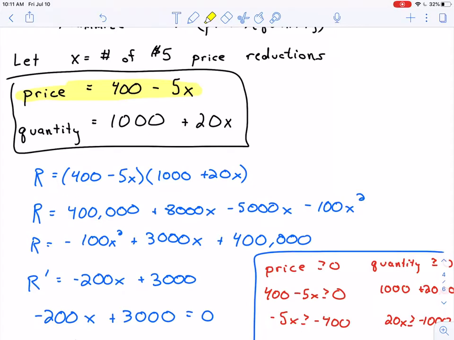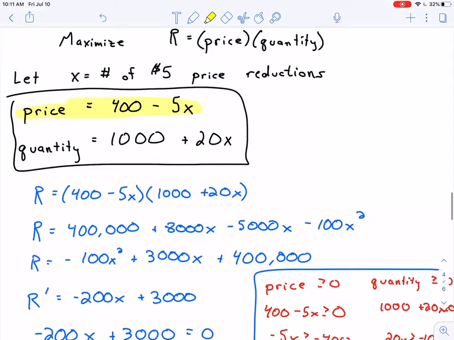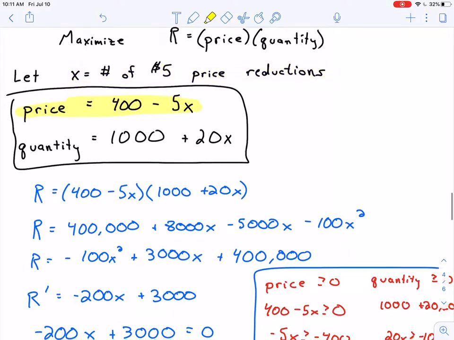It may be more beneficial, if I'm choosing to maximize revenue, to raise my price rather than lower it. So just to clear that up, we can occasionally have a domain with negative values in it. It all depends on what X represents, and here X represents the number of $5 price reductions